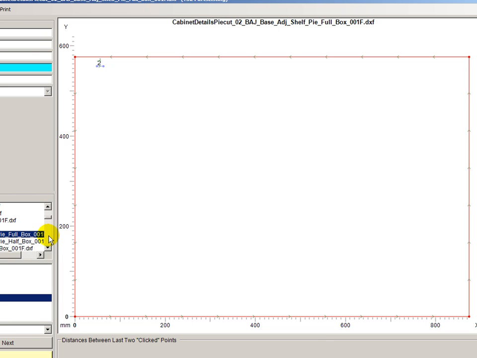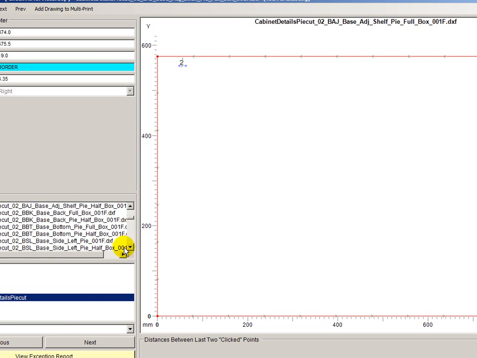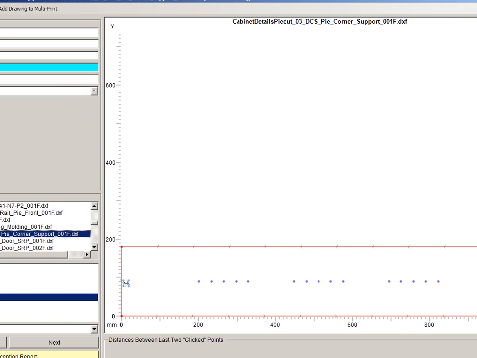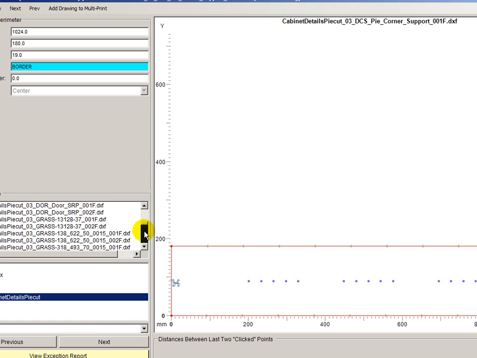Let me go over here so I can kind of see. I want to skip over to a one piece. Here we go. Alright, so this pie cut cabinet is treated, well, that's an upper. Let me go to a base. There's a little more detail about a base. Cabinet number 5. Here we go. So here's our